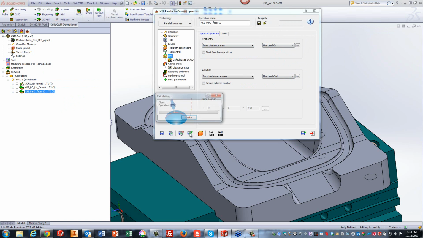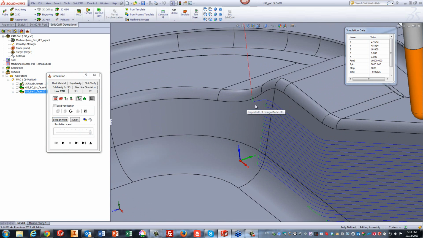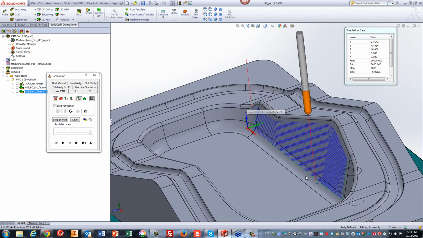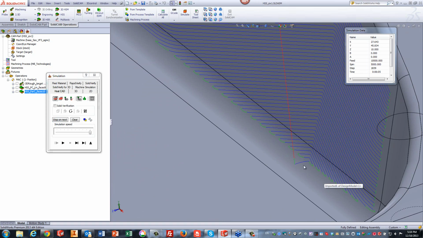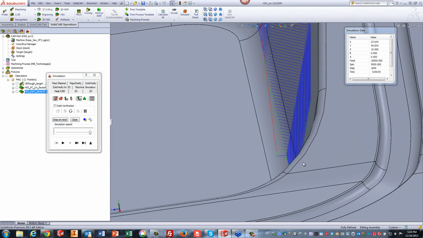Now let's run our simulation after I calculate. Notice the calculation is actually very quick. Let's go quickly over here, and you can see that we have our lead in using an arc, and we have our lead out using that arc there as well. One more thing though, however, with these,